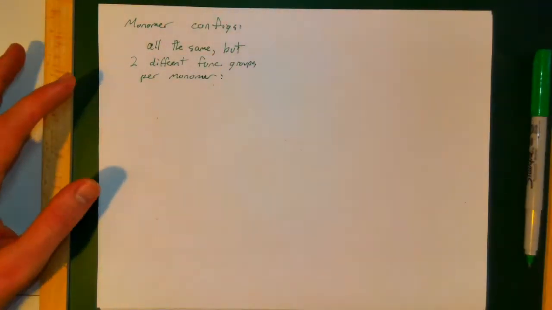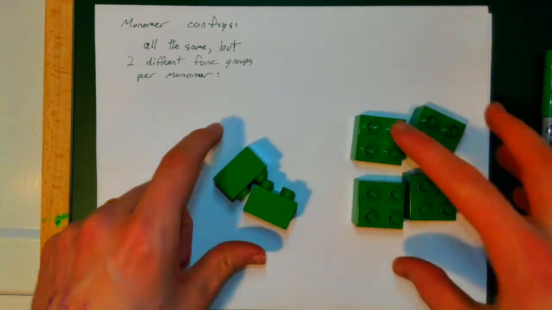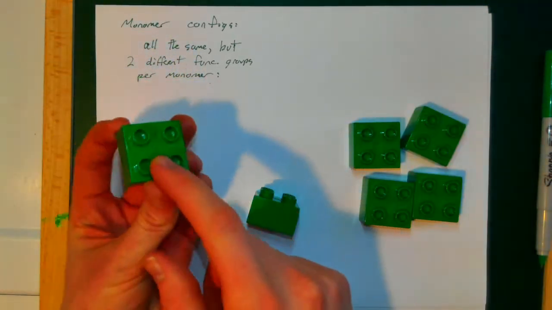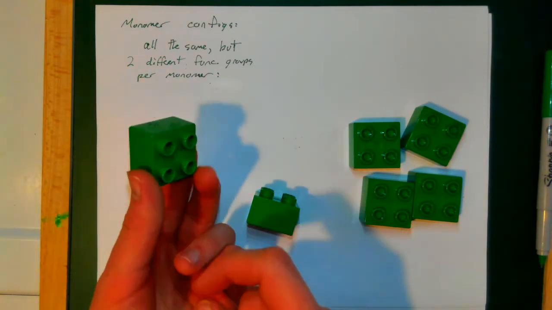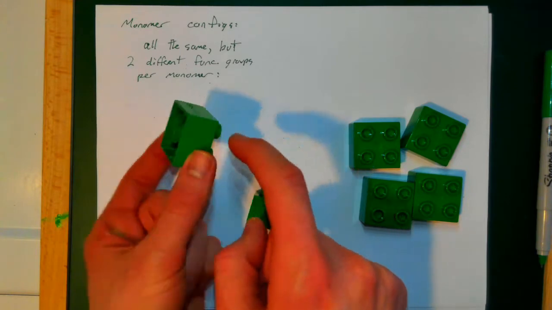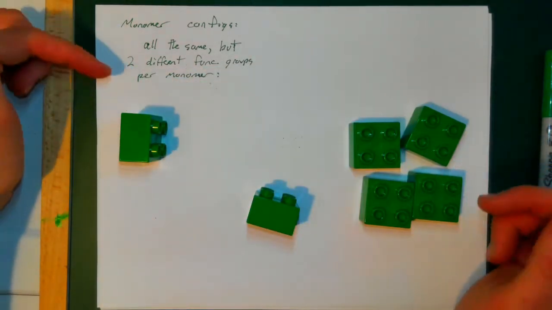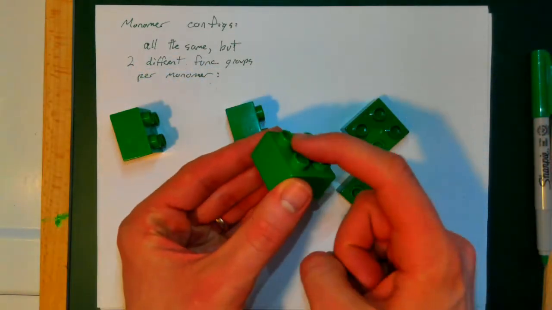And what might that look like? Well, the way I like to think of these types of monomers is like Legos. There are essentially two reactive groups in a monomer. You can think of it like the Lego bumps and the Lego holes. And you can imagine if I had a whole bunch of monomers, and each monomer has one bumpy side and one holey side,